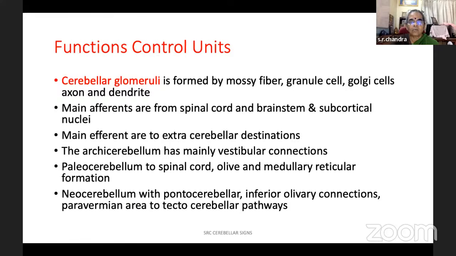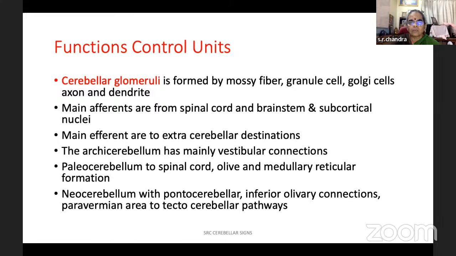What is cerebellar glomeruli? If MD students are there in this group, it is a short note. So cerebellar glomeruli is the ultimate functional unit. We saw the cerebellum controls so many things, and what each tract is doing, but it has to take place at a subcellular functional unit, and that unit is the cerebellar glomeruli. It is formed by a mossy fiber which carries information from the whole brain, and you have got the granule cells and their axons and dendrites,